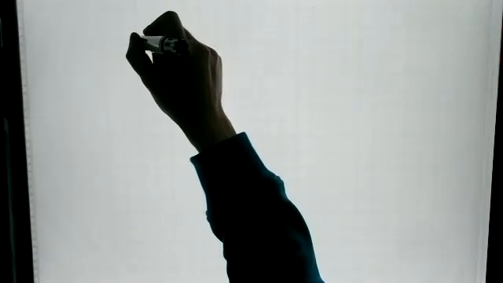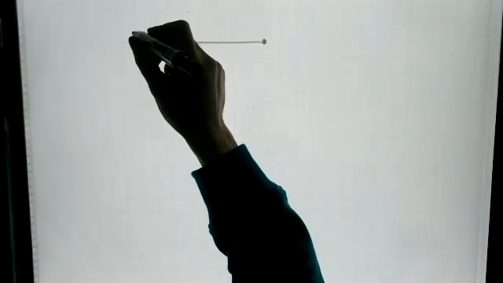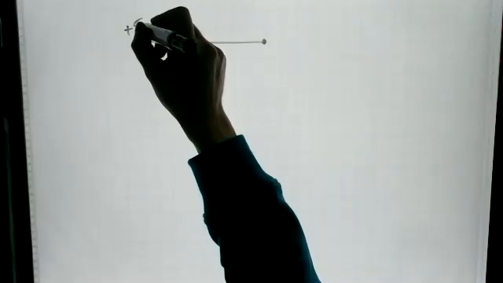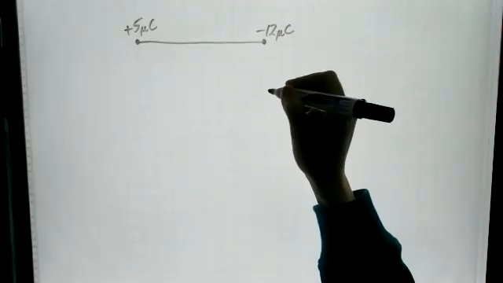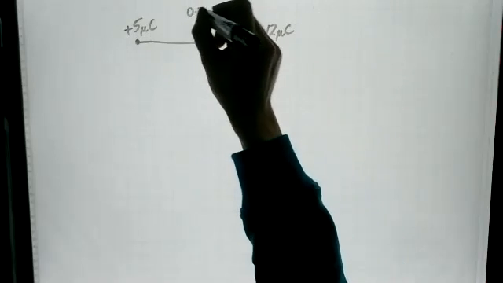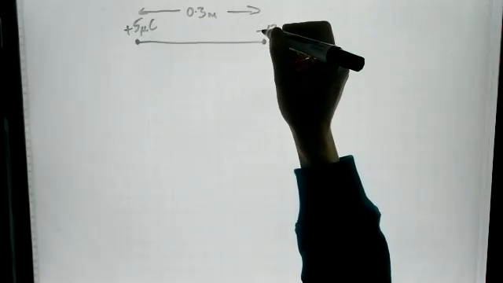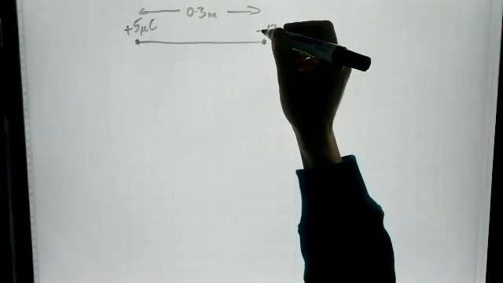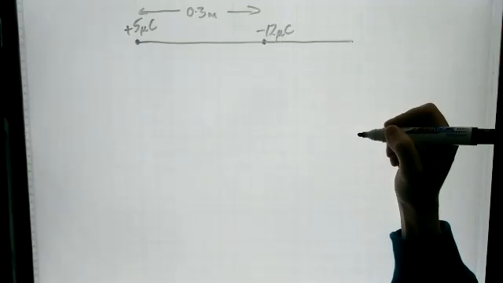So a charge of 5 microcoulomb and a charge of minus 12 microcoulomb are 30 centimeters apart. So just be careful as you change over, because one is positive and one is negative, right? So plus 5 microcoulombs and minus 12 microcoulombs, and this is 30, so 0.3 meters apart. The question asks at what point on the line containing the two charges